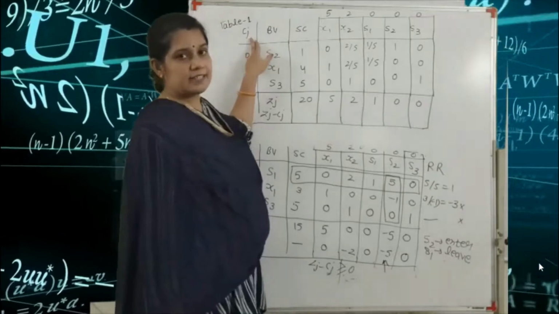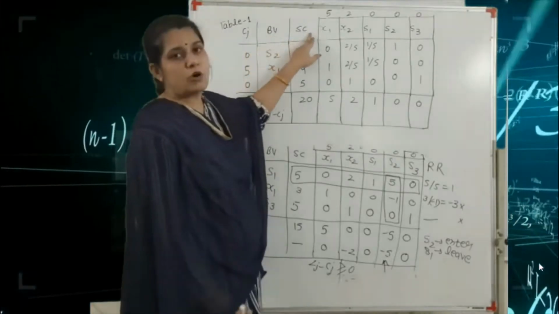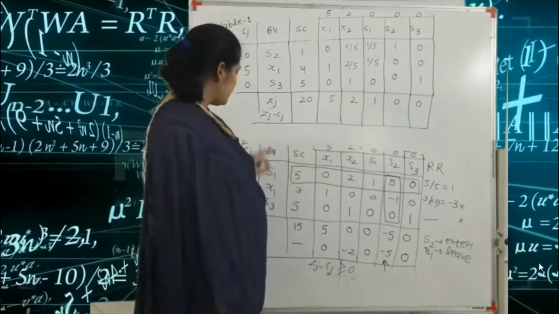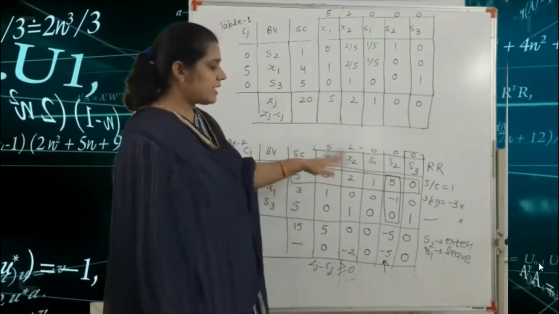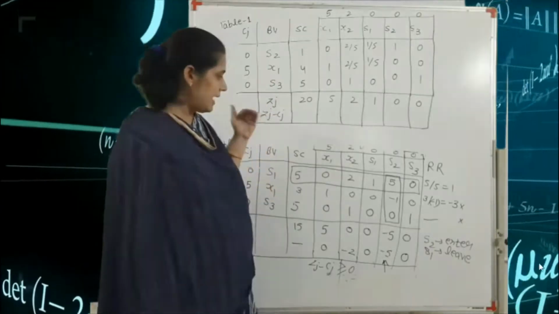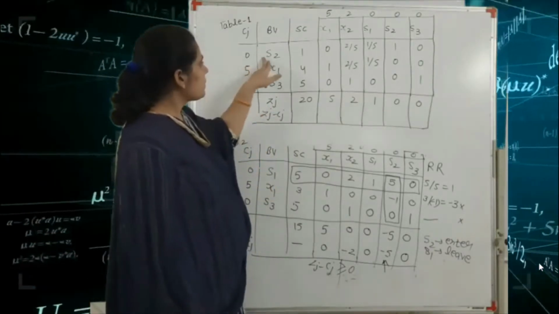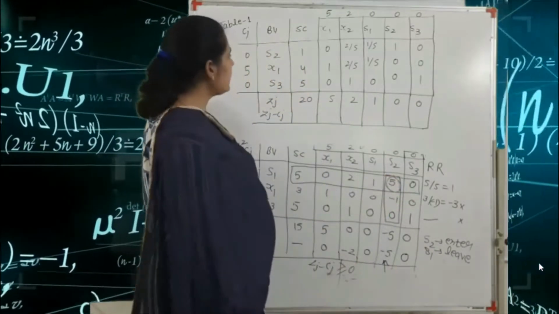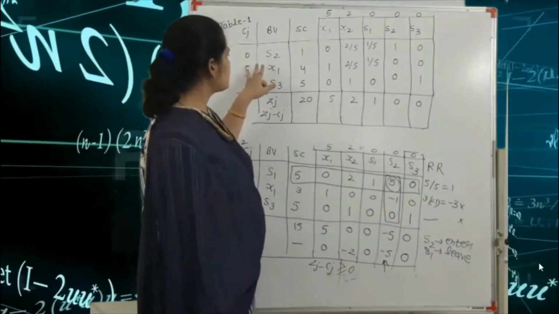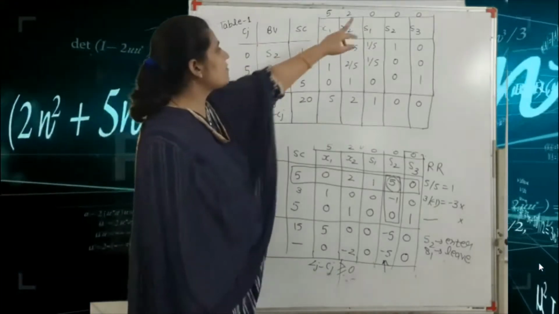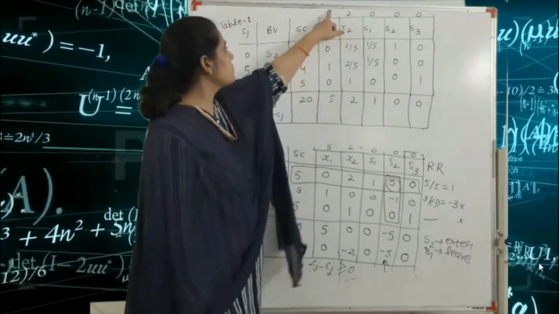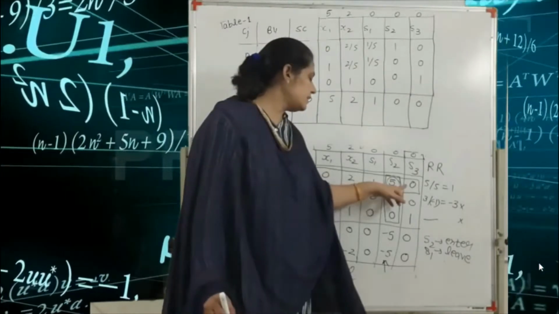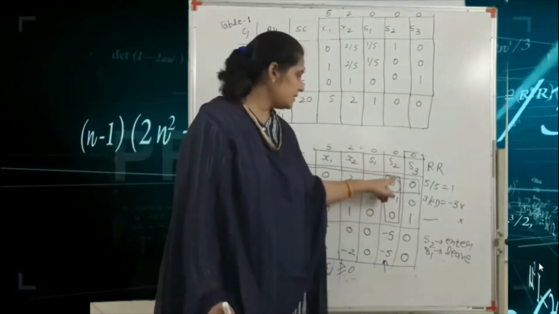So first we write the Cj, basic variable, solution constant, x1, x2, s1, s2 and s3. In the place of s1 we write here s2, because s1 leaves and the x1 variable enters. Okay, so this is a key number. Here we write s2, x1, s3. The coefficient of s2 is 0, the coefficient of x1 is 5 and s3 is equal to 0. So first this is your key row, this is your key column and this is your key number.